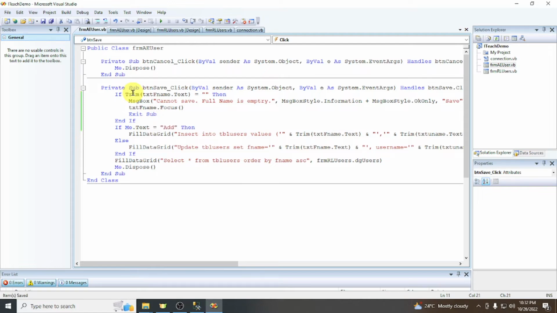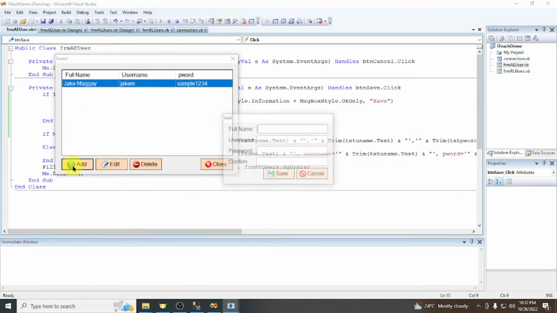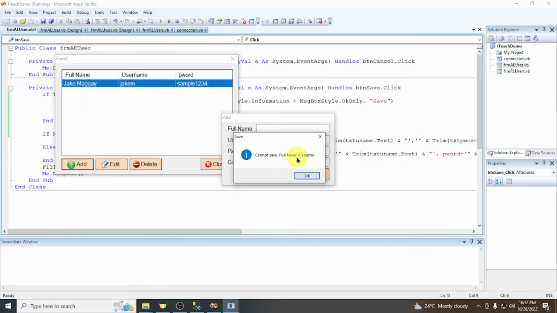Okay, so before we continue, let's try this one first. Let's run it, then let's add, and then save. So as you can see here, cannot save, full name is empty. Okay, so we'll just change the spelling of this one. The save here is the title, because we set it here. Save will be the title of this